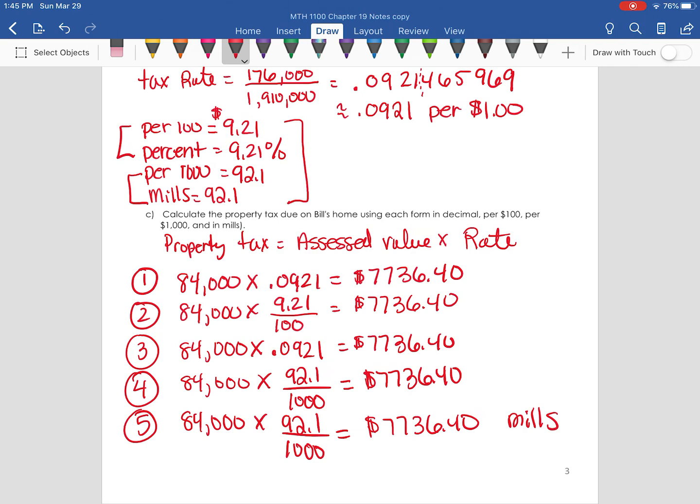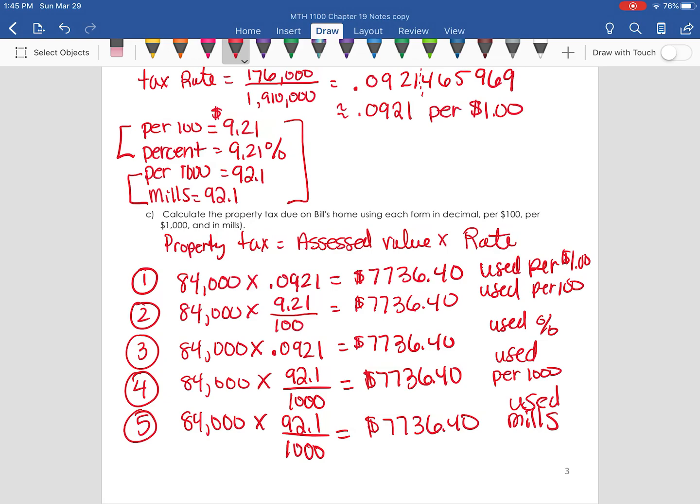So this was when we did it in mils. This was when we used per 1,000. This was when we used percent. This was when we used per 100, and this is when we used per